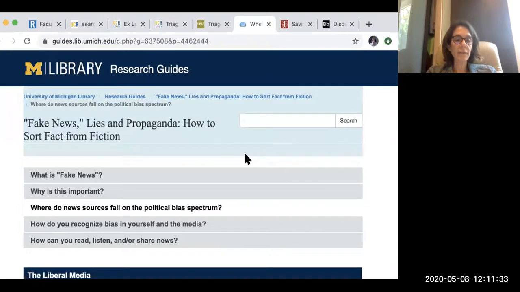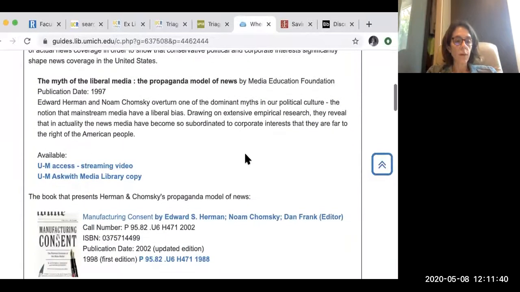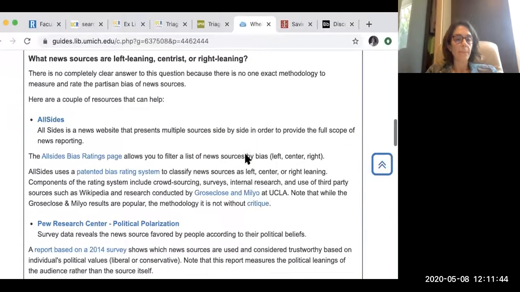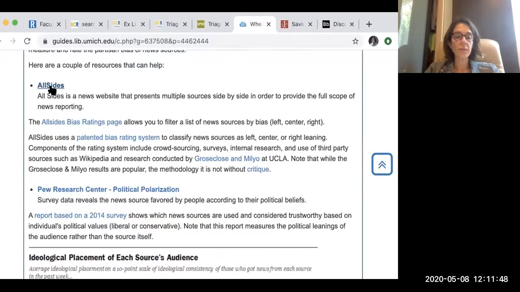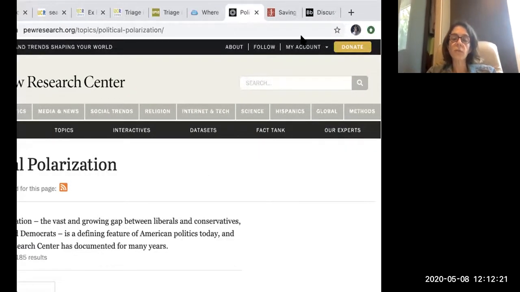So this is really important to have a sense of because we do work through newspaper articles a lot, and we want to consider that. Here we have All Sides is a news website. We want to consider when we're thinking about the credibility of a source or using that source as a solid support for a particular position, you really need to be clarifying with your readers any biases that might exist within that. So Pew Research Center, political polarization, great. Survey data reveals the news source favored by people according to their political beliefs. I would probably bookmark this page because I'm not going to memorize all of that,